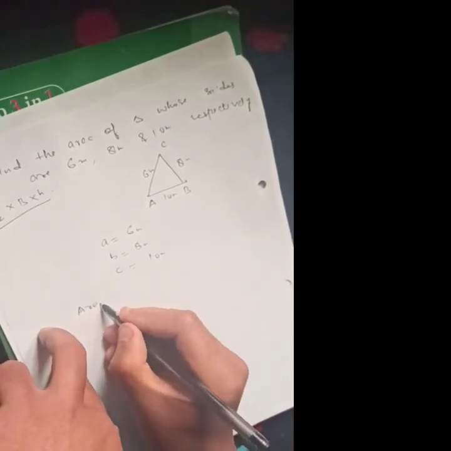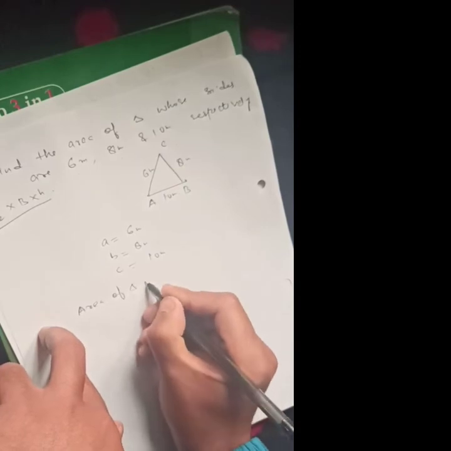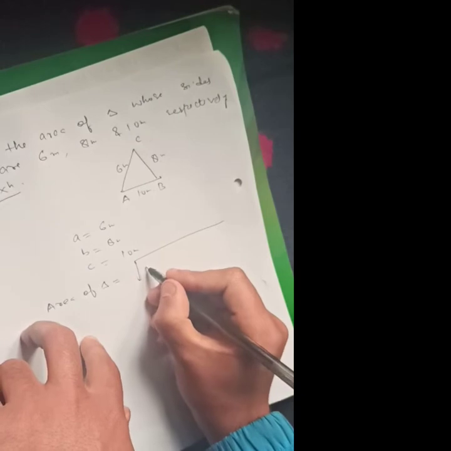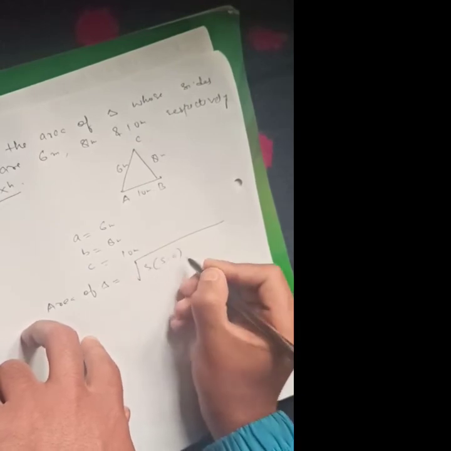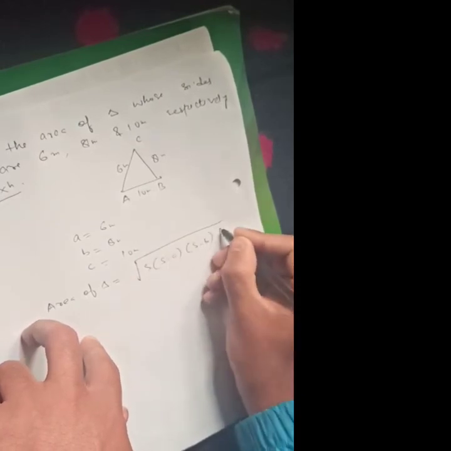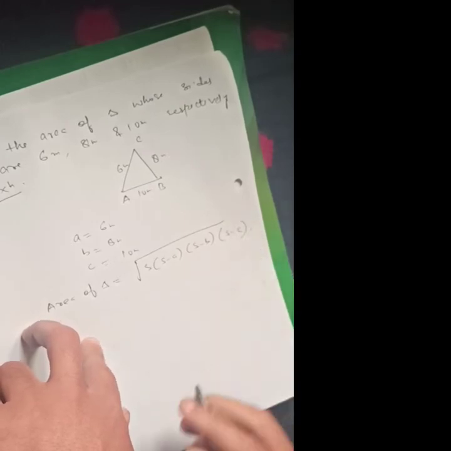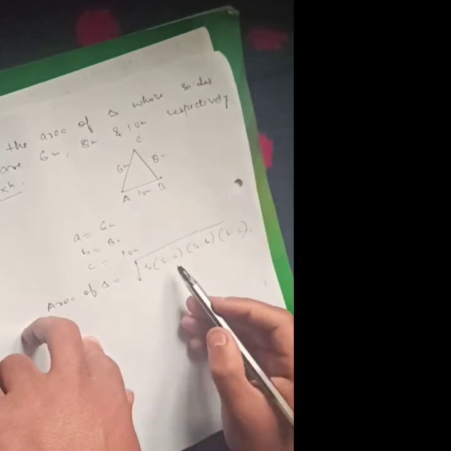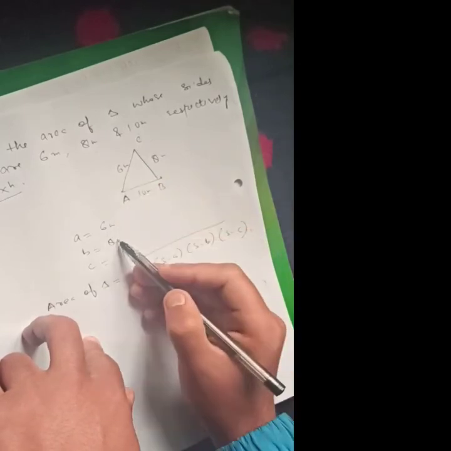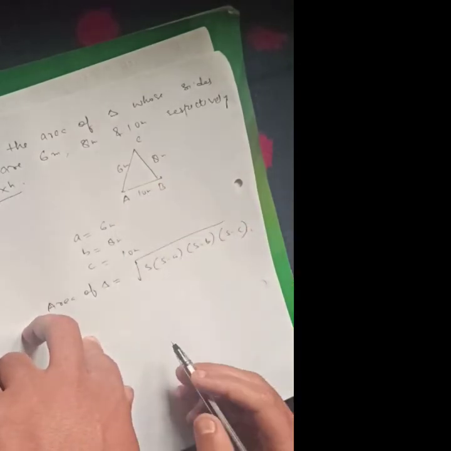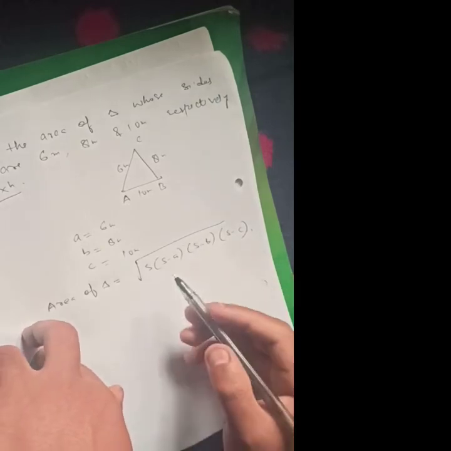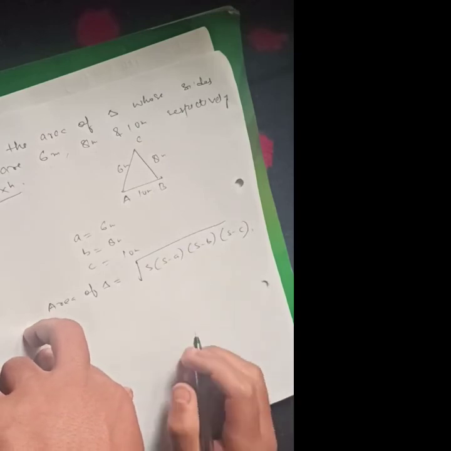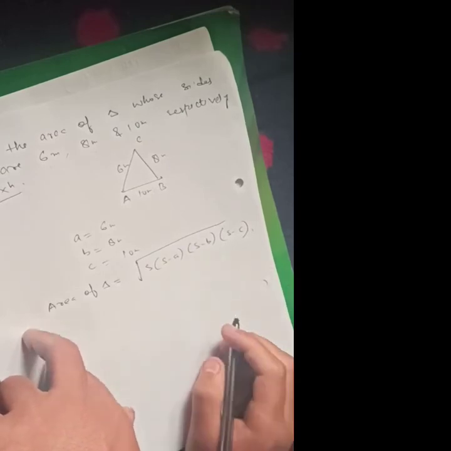We know according to Heron's formula. Heron's formula क्या बोलता है हमें, area of triangle. Area of triangle हमेशा बराबर होता है अंडर रूट ऑफ S into S minus A into S minus B into S minus C, where A, B, C are the sides of this triangle which are known. That is, A is equal to 6 meter, B is equal to 8 meter, C is equal to 10 meter. So to calculate the area, we should know semi-perimeter of this triangle. So firstly, calculate the semi-perimeter of this triangle.